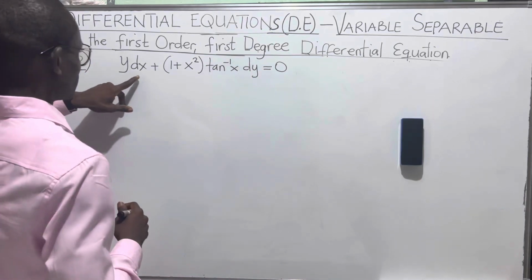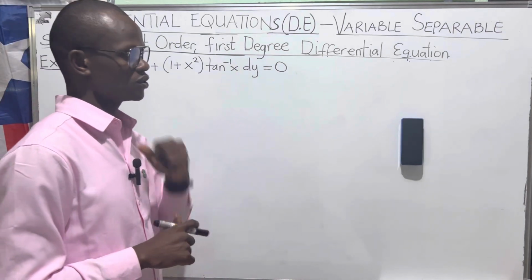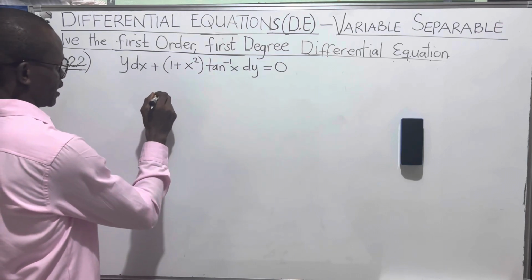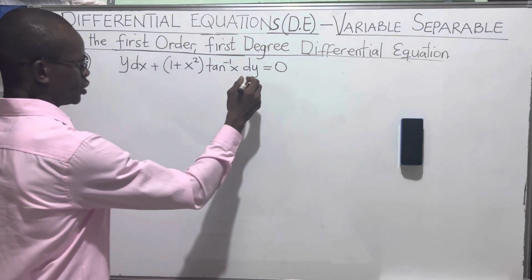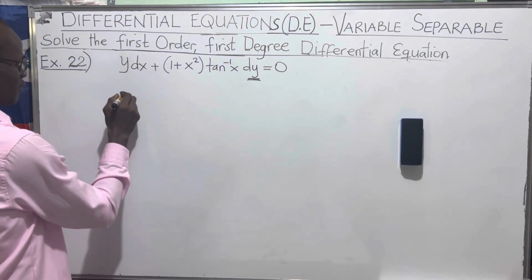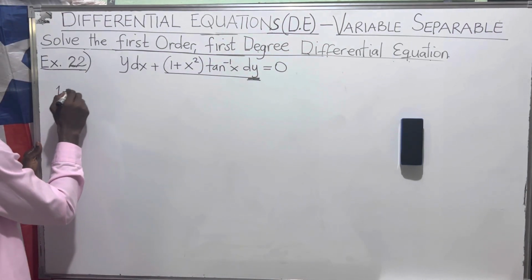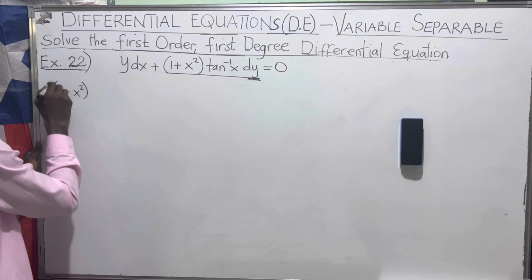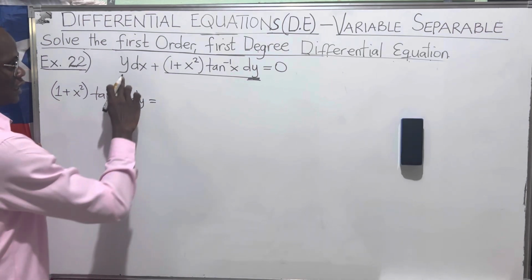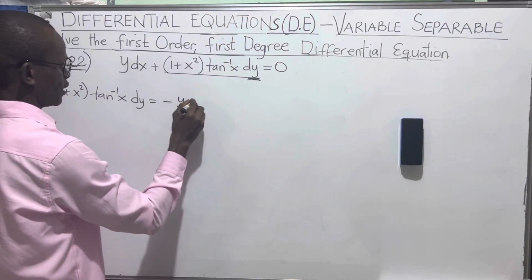So now we have y dx plus (1 plus x squared) tangent inverse of x dy equals 0. We can first think of how we can make sure that all of the expressions in y are on one side of the equation. I would prefer having y on the left hand side, so I maintain this term on this side. Tangent inverse of x dy equals, I send this term to that side of the equation, it becomes negative y